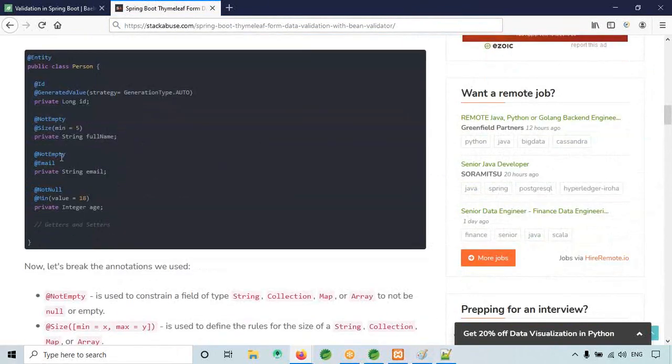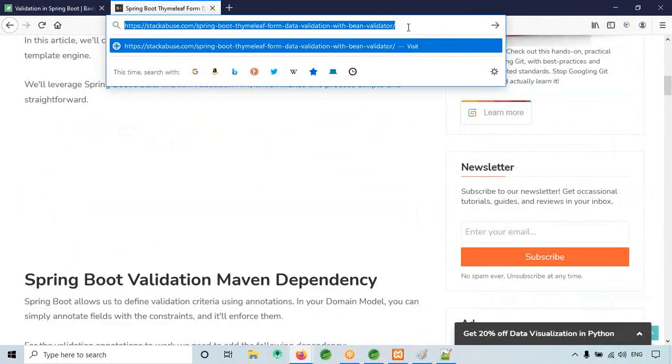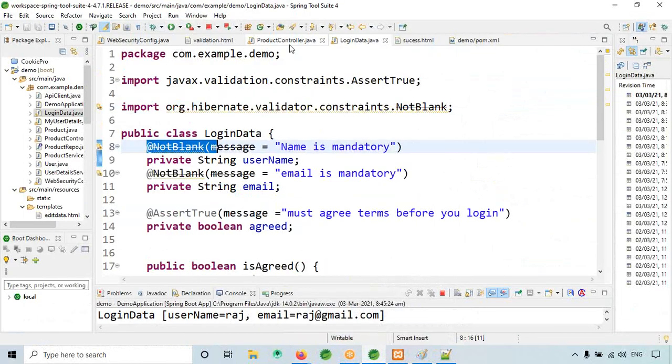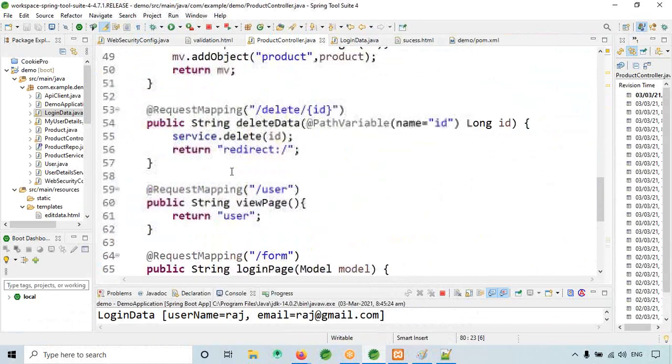Nothing much. Instead of not null, see, not empty we have used. We used not null, right? The method was deprecated. You can try this tutorial if you want. Whatever we have done, the same thing. What I will do is paste this in the controller somewhere.